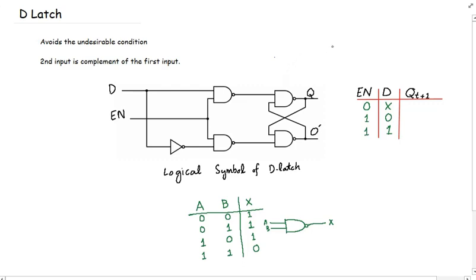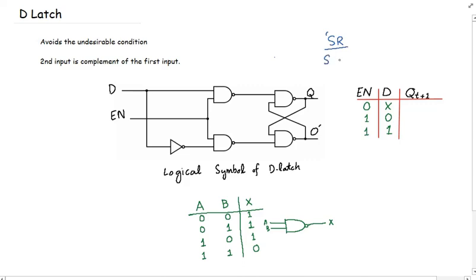Today we are again here with the new topic which is about D-Latch. Before this we have covered what is SR-Latch and the two modified versions of SR-Latch, such as S-R- and SR-Latch with the controlled input. The problem that we have seen in those devices was basically the undesirable condition, such as if we take only the simple SR latch